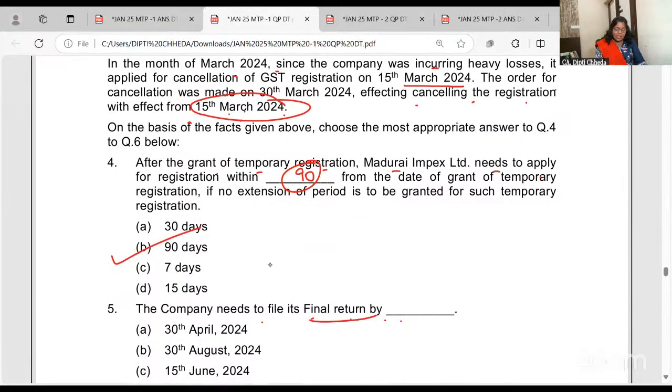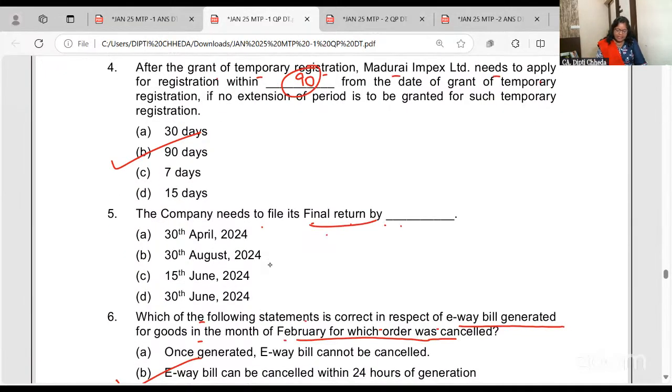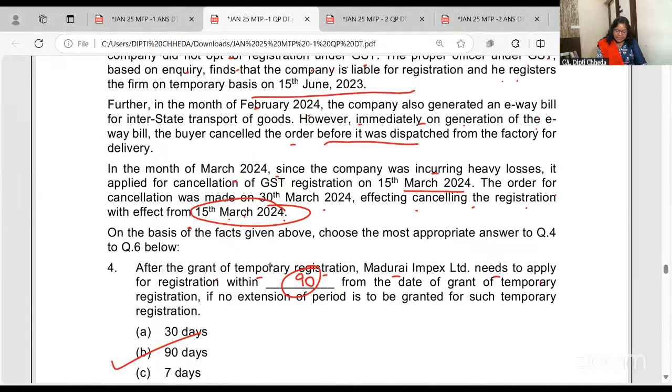So now, even though it is cancelled and you have closed, do you still have to file the final return? Answer is yes, within 3 months from 15th March. 15th April, 15th May, 15th June, 3 months. The registration is cancelled from 15th of March, but the 3 months time you have to take